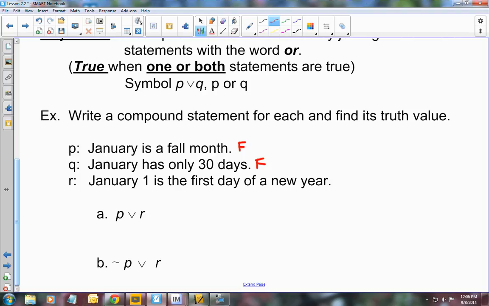That is a true statement. So if I did P or R, P is what kind of statement? False. And R is true. So false or true is what? True. So if I wrote that out, I would say January is a fall month